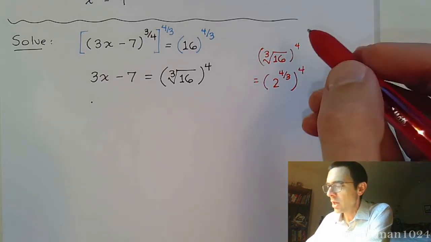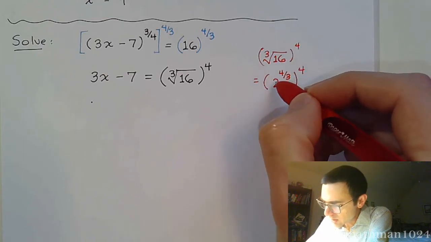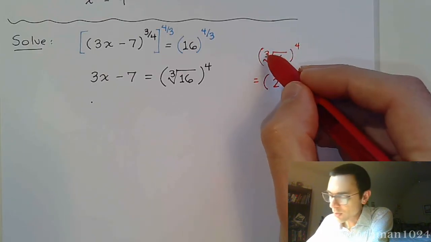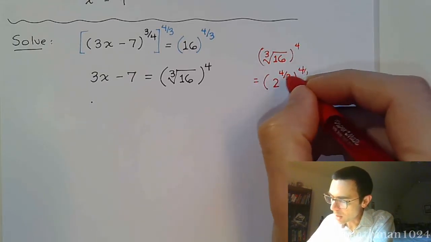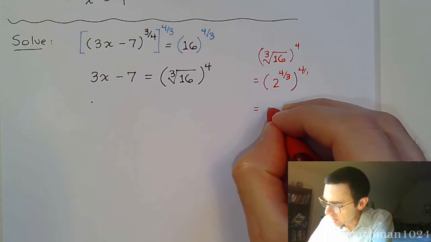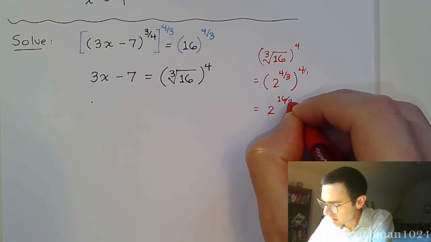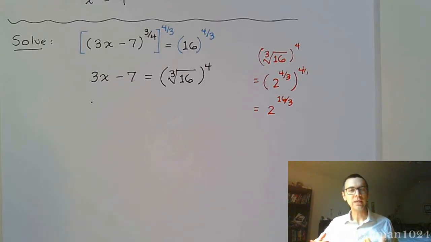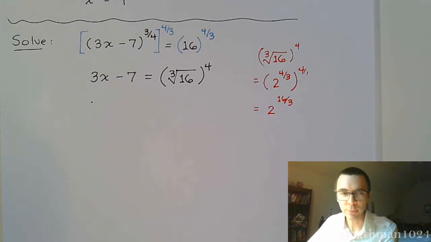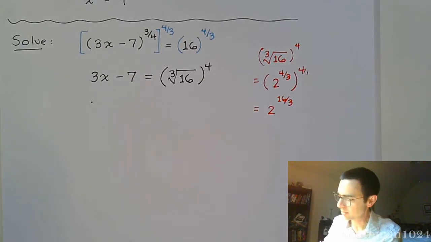Okay? So 16, again, is not a perfect cube. But if I look at 16 as 2 to the 4th, and I take my index of 3 and make that the denominator, we have this expression. And when you have powers to powers, you multiply. So this becomes 2 to the 16/3 power, like that. Well, unfortunately, 16 does not divide by 3 nicely, but we can look at this and think about it as a mixed number, right? So off to the side,